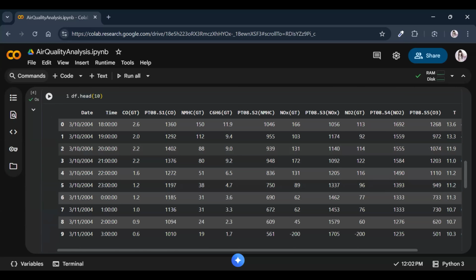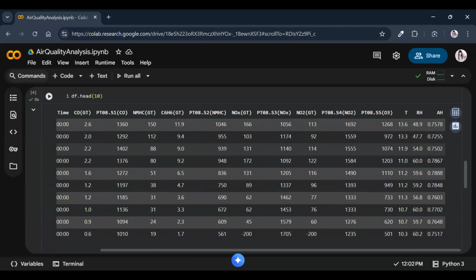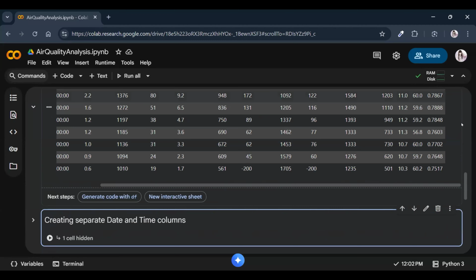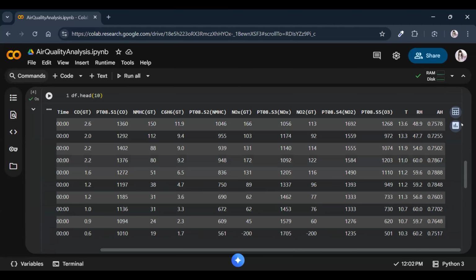All right. So here you can see the data set. I have the date, time, and all these values written here for the level of presence in the air of these particular gases. And we have the temperature, relative humidity, and humidity. All right. Now, as you can see, this data is good. There's no problem with this data, but still, when we were reading this data on an Excel sheet, the CSV form of it,